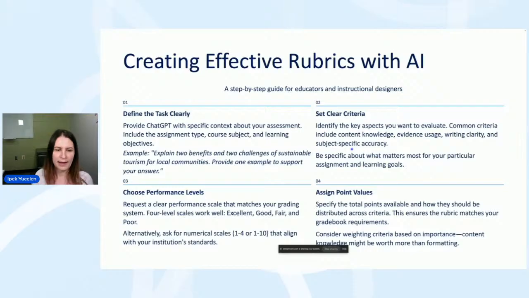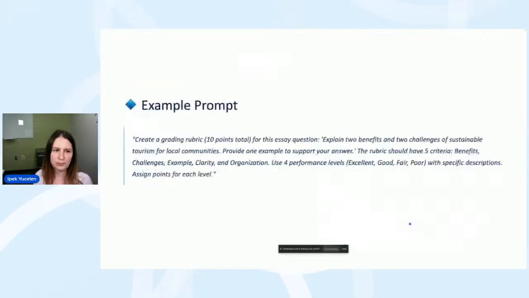Define those. Performance levels also need to be defined, such as a 4-level scale. I usually use excellent, good, fair, and poor, and of course a score is associated with each. Here is a prompt example. To save time, I'm not going to enter this. If we have time, we can take a look at it. But essentially, I put in this prompt everything I talked about.